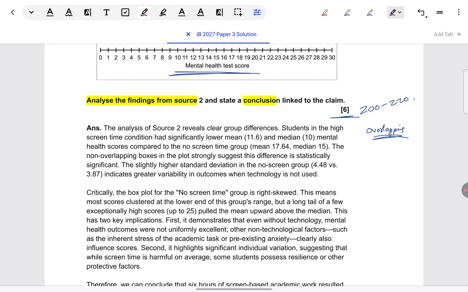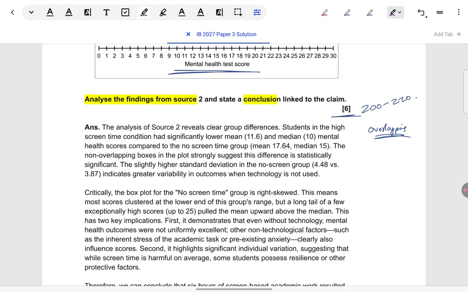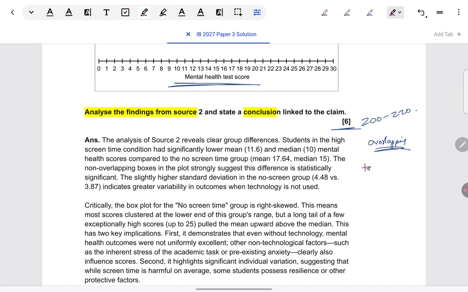Now, how you should organize the answer. Before we look at the model answer, I'll just give you a structure. Like I said, take from table and box plot. So my simple strategy would be, first I will describe what is being seen on the table, one paragraph on that for neatness. Next paragraph, what we are seeing in the box and whisker plot, and then finally a conclusion. In the mark scheme, there is weightage for a conclusion. So make sure you give that.